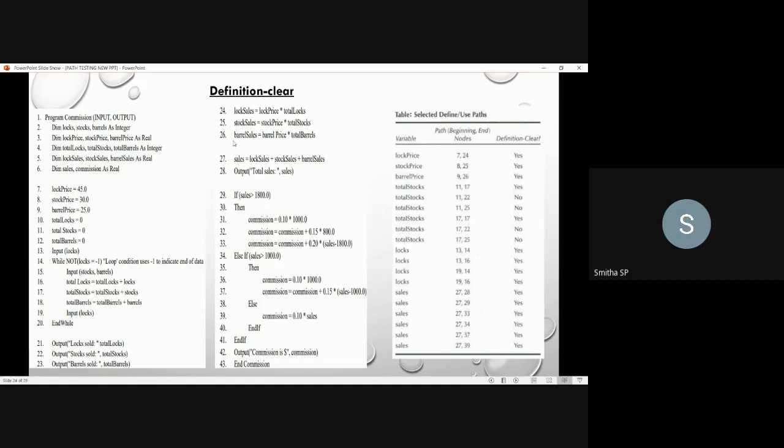In the 27th you have calculated the sale, so it's the beginning, and in the 29th you have used it for the comparison, so it's also clear, there is no ambiguity. Likewise, you have to list whether the definition is clear or not. Understood? So you have to write whether it's clear or not. That's it. Cleared, right? Yes, ma'am. Okay.